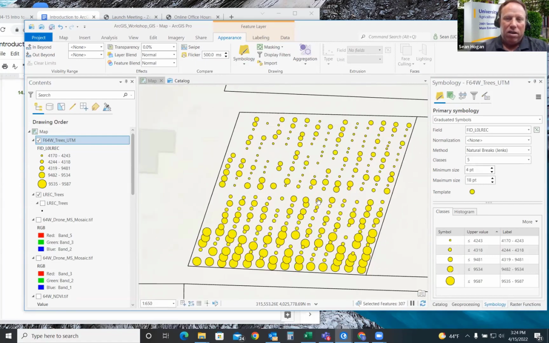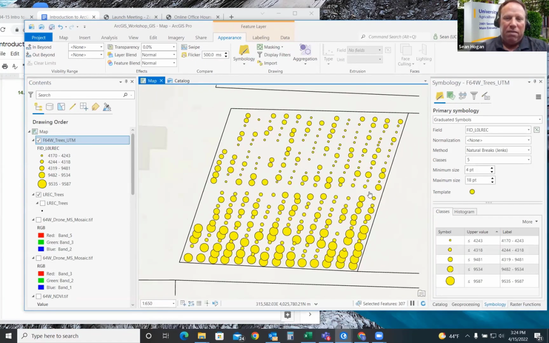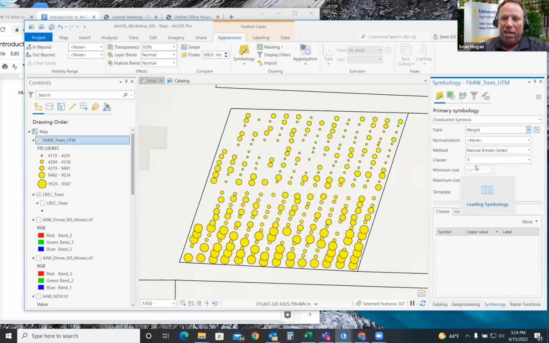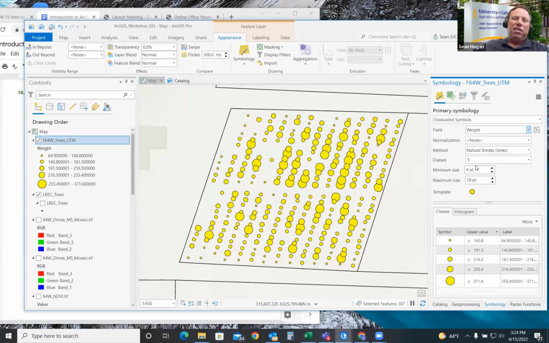a little bit better. We can zoom in on that, but you see them kind of weirdly weighted down to the bottom. And that's because, again, the field is representing them by the value of the FID number, which makes no sense. So what we'll do is we'll do the drop down and again pick weight. And then you can see a weight value associated with it.